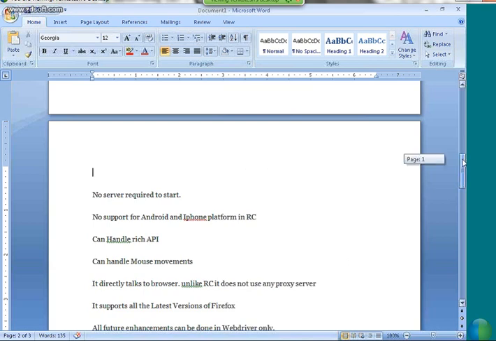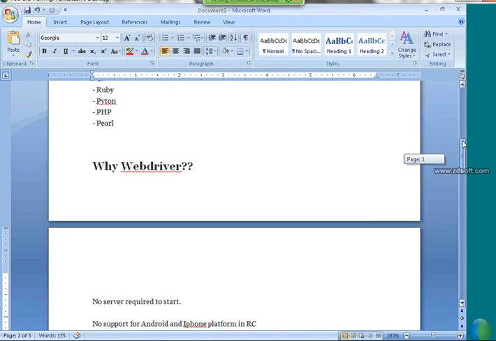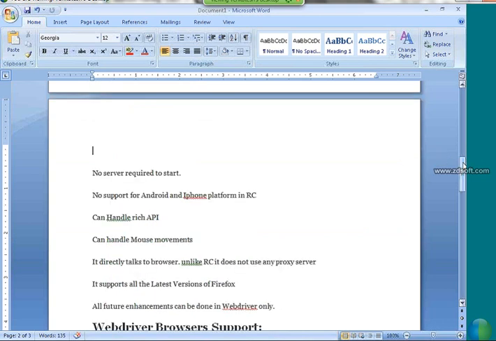I'm just explaining now why we are switching from RC to WebDriver. These may be useful for you anytime. Anytime anyone may ask why WebDriver. These are the questions. The first point: there is no RC server or proxy server to start. Our code will directly talk to the browser in WebDriver, and we have support for Android and iPhone. And the third point, as I discussed, it will handle rich